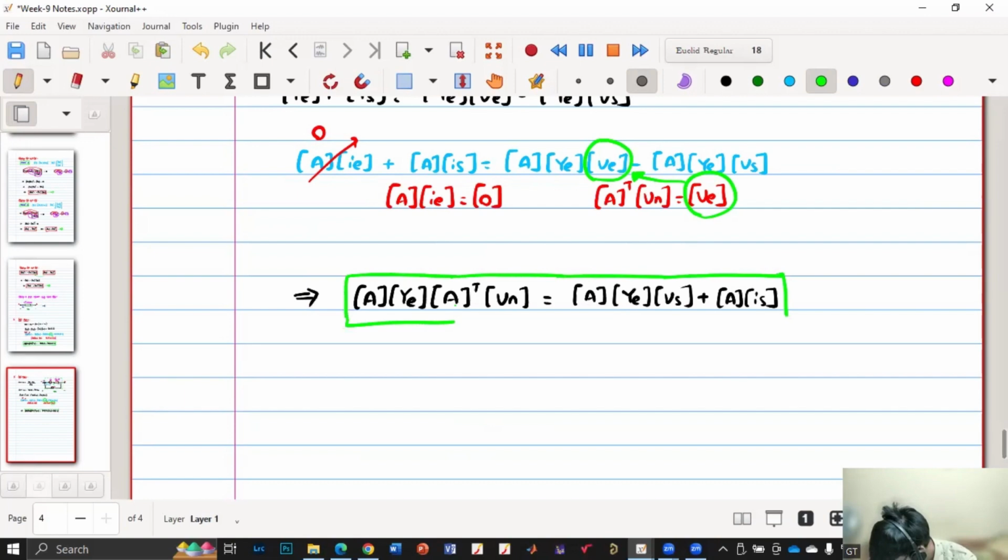Do you agree? Yes, sir. Yes, sir. Or yeah, so we are using the same method and we are seeing whether we are getting